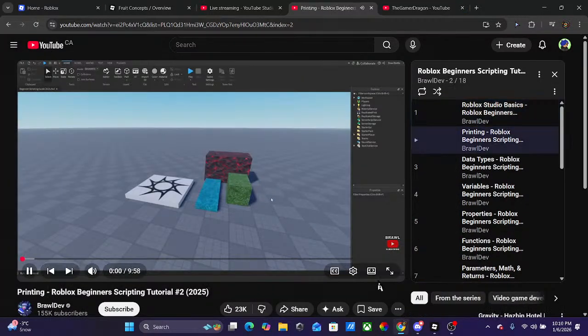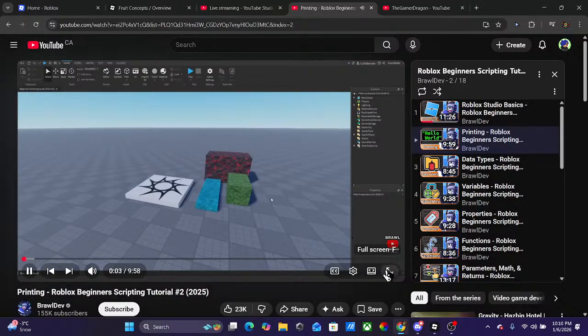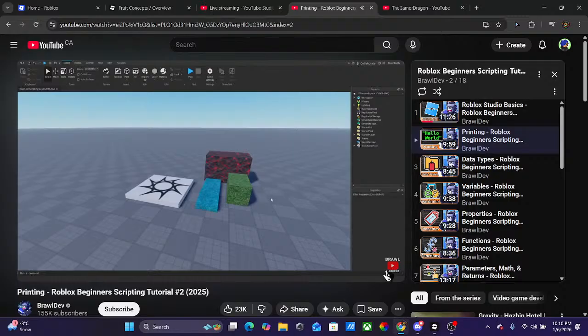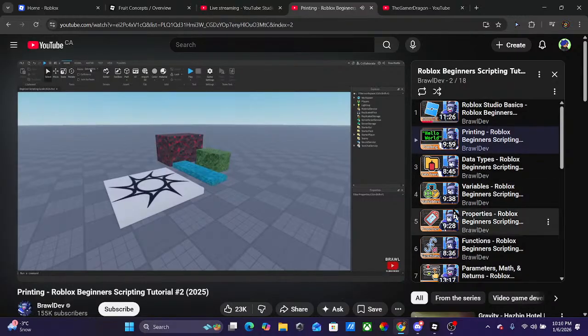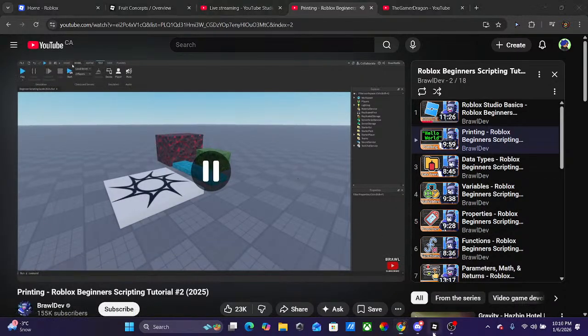Welcome back to my Roblox beginner scripting tutorial guide. My name is Braldev, and in this episode we'll be discussing printing. So in the last episode, we covered the basics of navigating around Roblox Studio and what Roblox Studio has to offer for us that's going to be important for this entire tutorial guide. So for things like moving around inside of Roblox Studio, also showing you the services that Roblox has to offer,